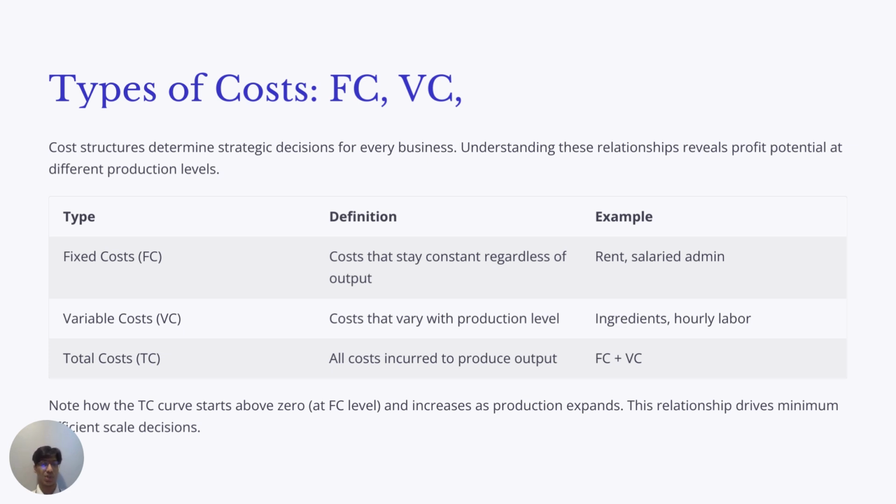Let's summarize these costs in a quick table. Fixed costs remain the same regardless of production, like rent. Variable costs rise with output, like